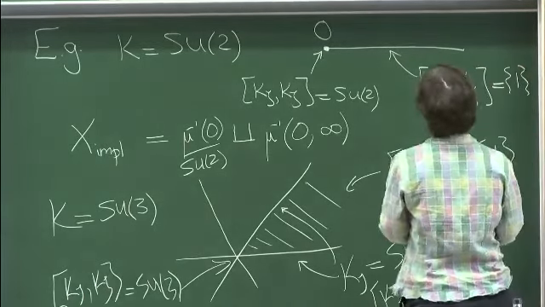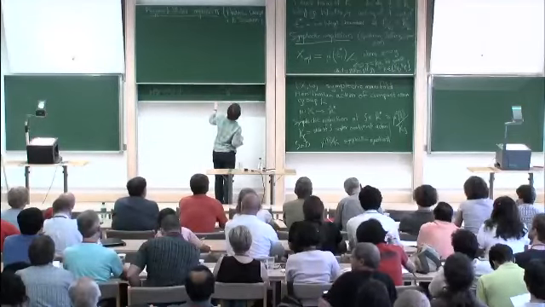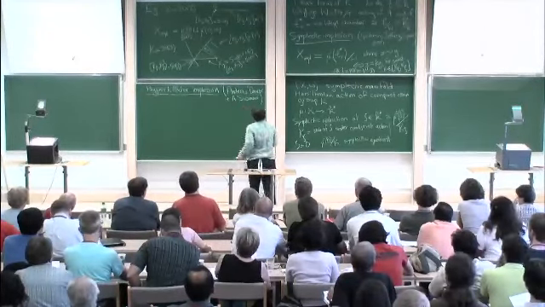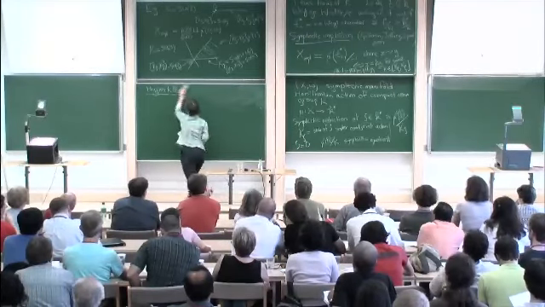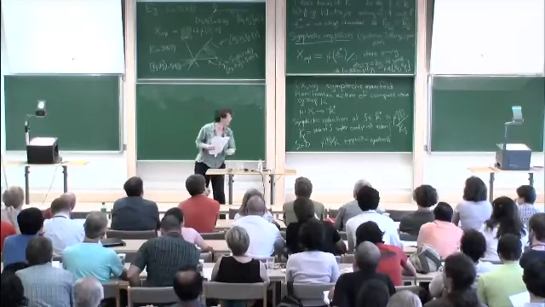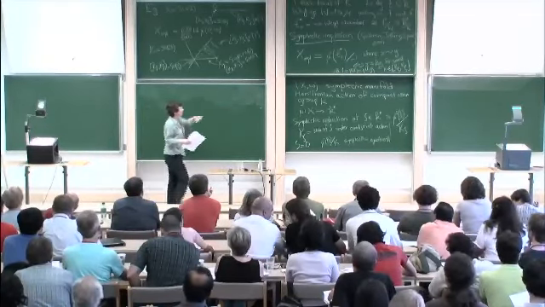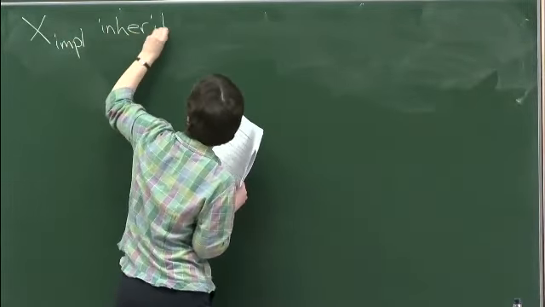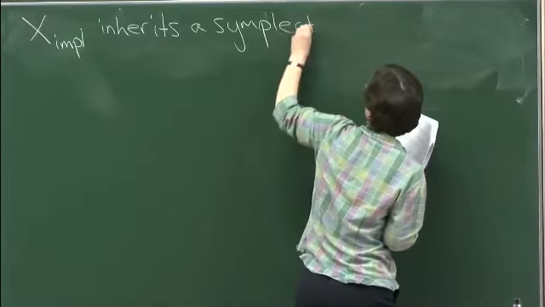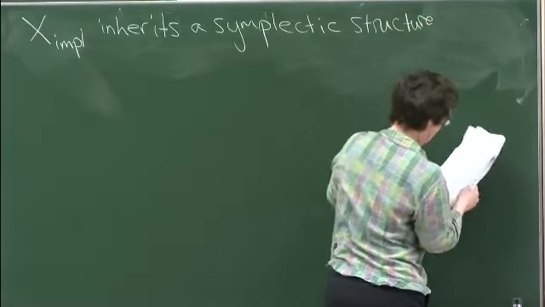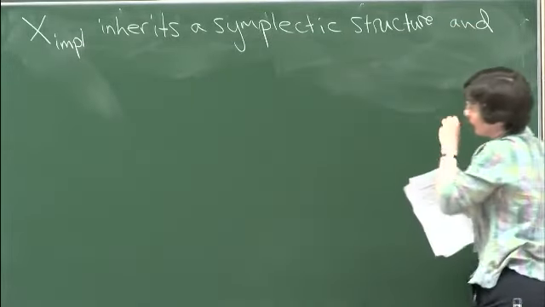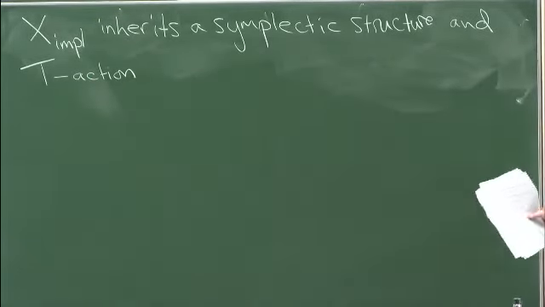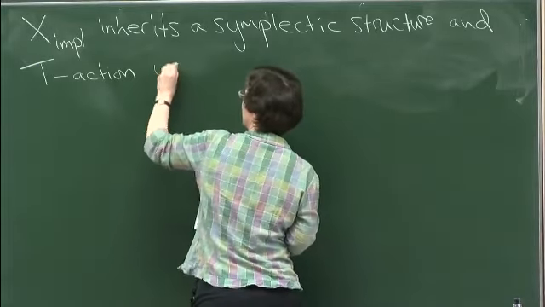Okay, and so as I said, this imploded cross-section is given the quotient topology that you'll get from the equivalence relation, but it inherits a symplectic structure from the symplectic structure in X, and it also inherits an action of the maximal torus, which is Hamiltonian,